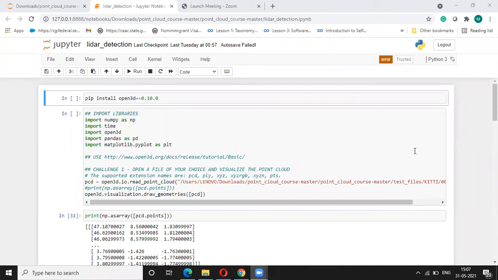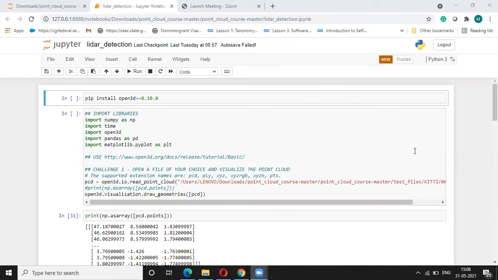So today I'm going to talk about LiDAR sensor, how exactly we can use LiDAR sensor to get information about our world and how to process and visualize that information. We'll also see how exactly we can use that point cloud data to infer information about our environment, or how exactly we can use that for 3D object detection. So that's something we're going to see today.